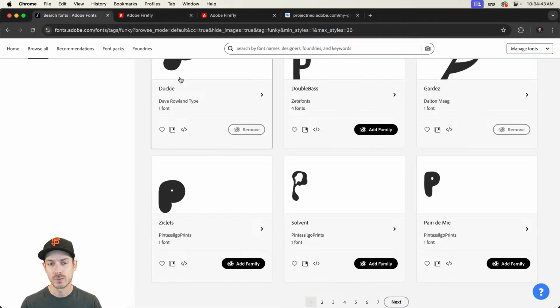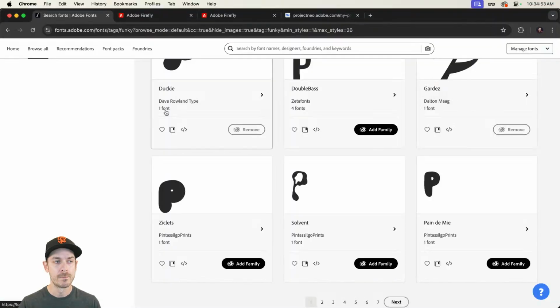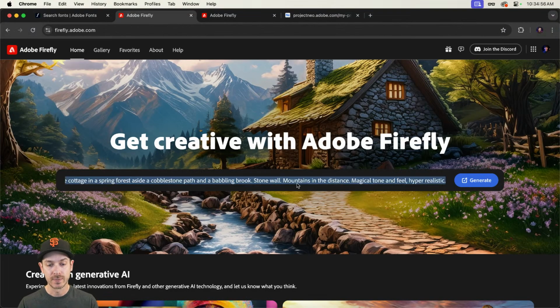But once you've saved it out to your computer, and I should mention that in this particular artboard here, it's 4:3, so 1200 by 1600. There's a few different aspect ratios that Firefly supports, but keep that in mind. Now, over to Firefly. What I'm going to do to start is I'm going to start by typing out something